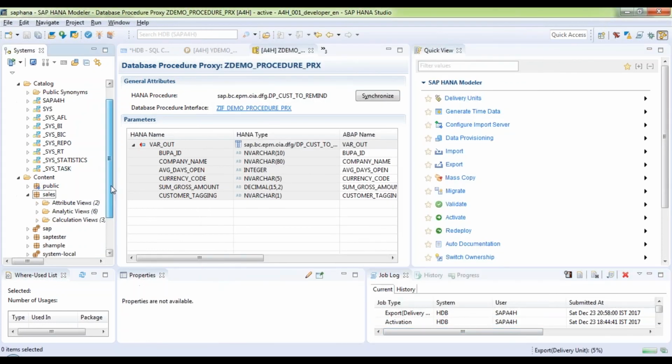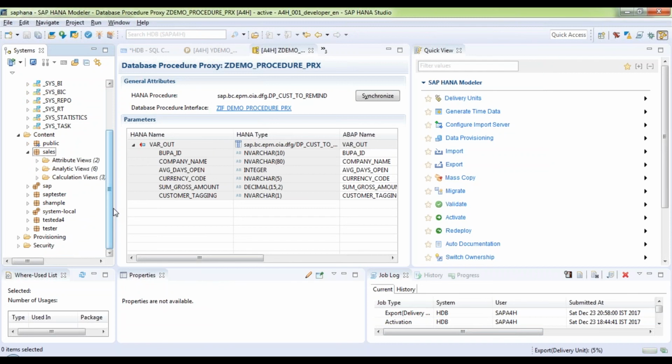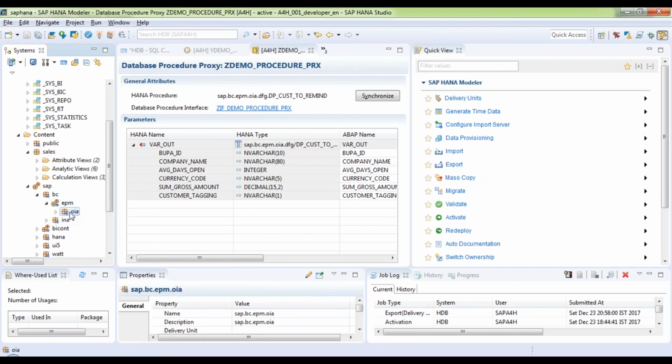In fact, you know what I did? I went to this ABAP on HANA server. I have my local HANA instance installed in my local computer, a mini version of HANA. So this schema what you see now here, this OIA scenario, I had downloaded this whole thing as a delivery unit. You see SAP BC EPM OIA, this whole package I created as a delivery unit and downloaded in my local computer, and then I uploaded in my local HANA database. So I can look into these artifacts, I can understand the procedures, I can understand the views, the way they created. All that I've done in my local.